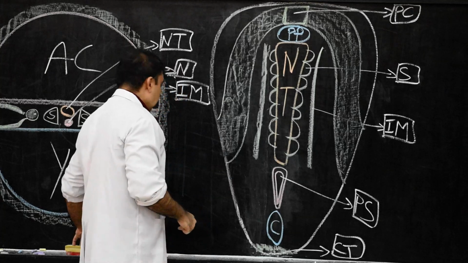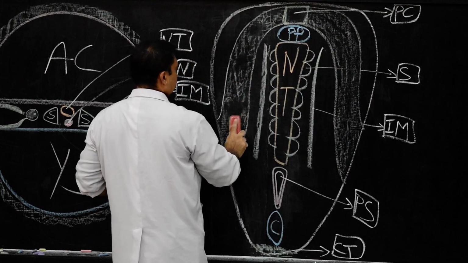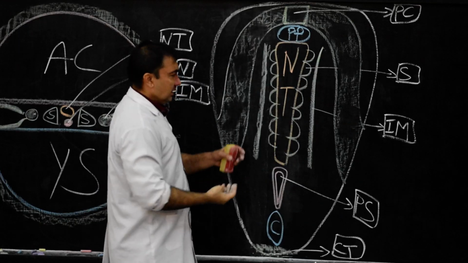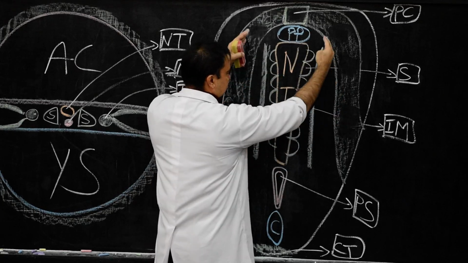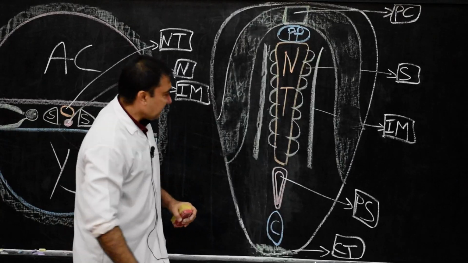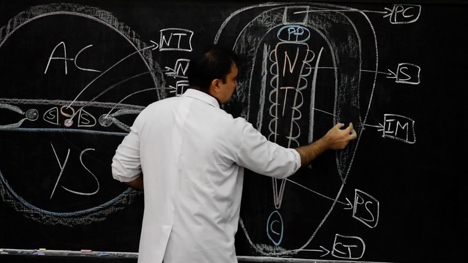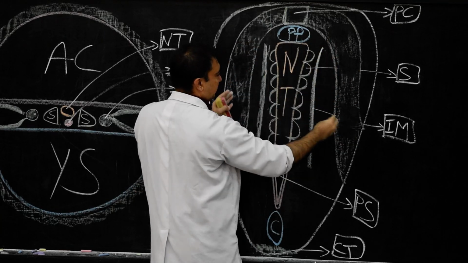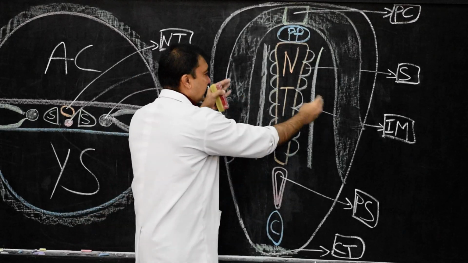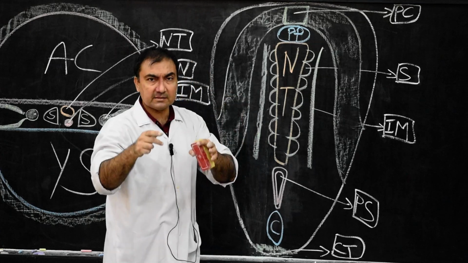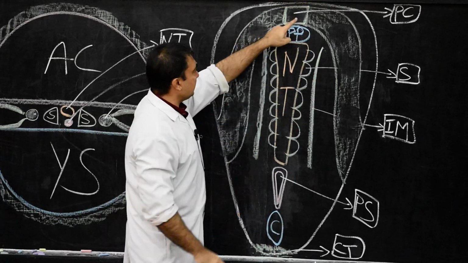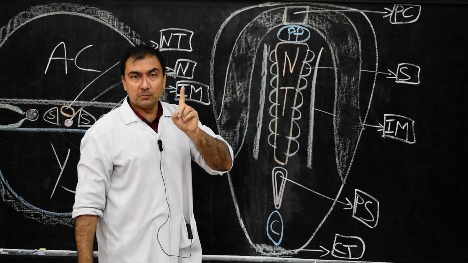Later on, what will happen? Later on, there will be development of numerous cavities on either side. And what is either side? On either side of this central midline axis of the embryo, both on the right and left side, the lateral plate mesoderm will have various cavities. These spaces are created in the lateral plate mesoderm, and these cavities will coalesce with each other and with the pericardial coelom also.